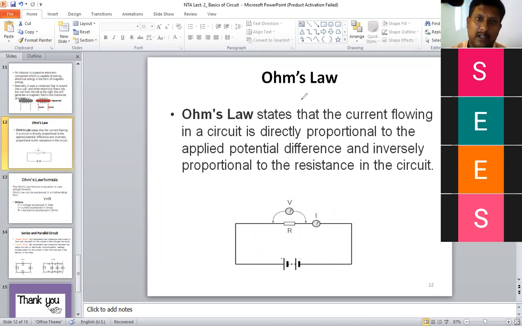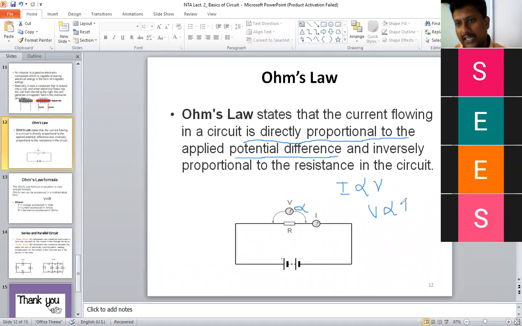So always remember, when anyone asks what Ohm's law is, always start with at constant temperature. At a given constant temperature, the current flowing through a circuit is directly proportional to the applied voltage or potential difference between two points. Okay, so here a resistor is shown. The voltage across that resistor V is directly proportional to the current passing through it, or actually the current is directly proportional to V. This is Ohm's law, but many times we take V is directly proportional to I.